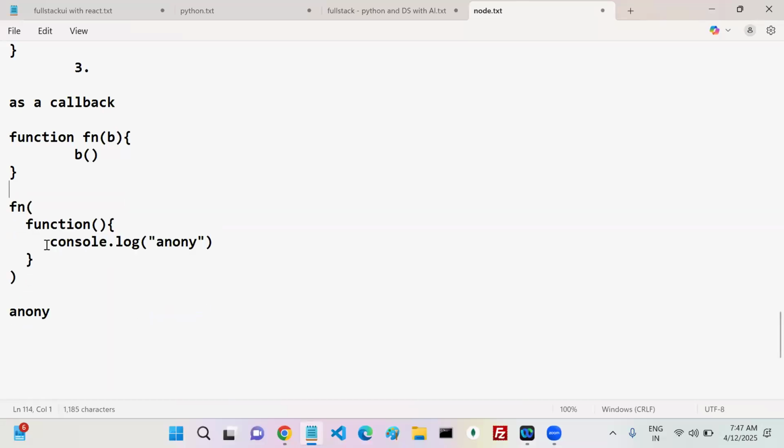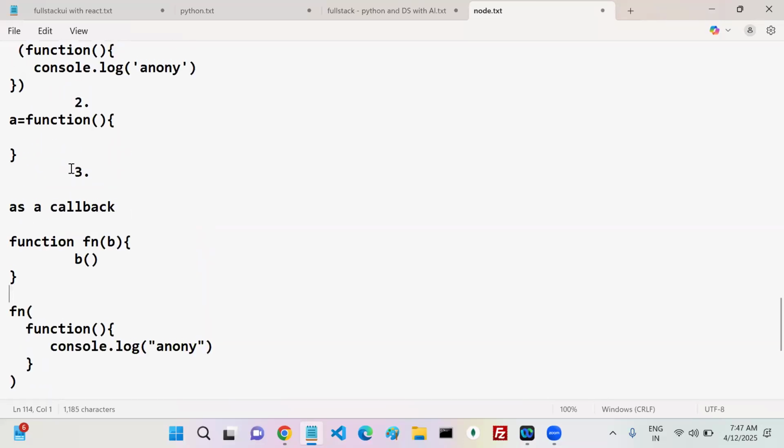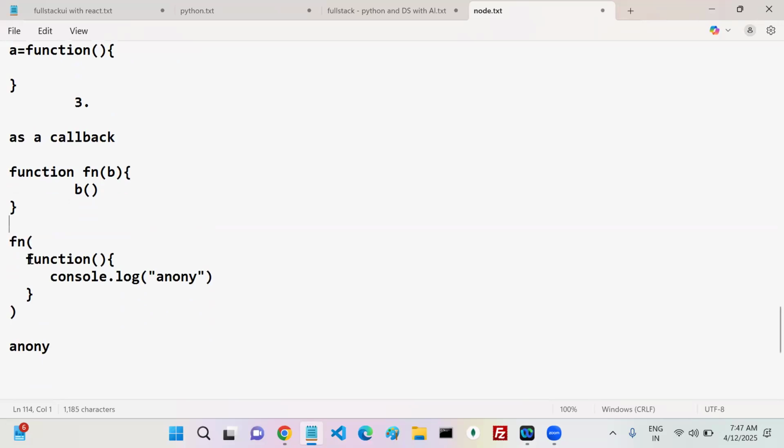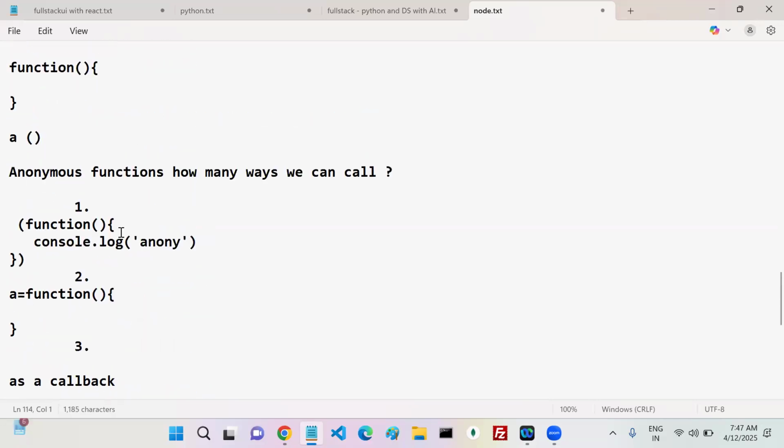So the third way is to invoke your anonymous function: you can pass that anonymous function as a callback to another function. Got my point, everyone? So how many ways can we invoke? Three ways. One is immediate invoking.